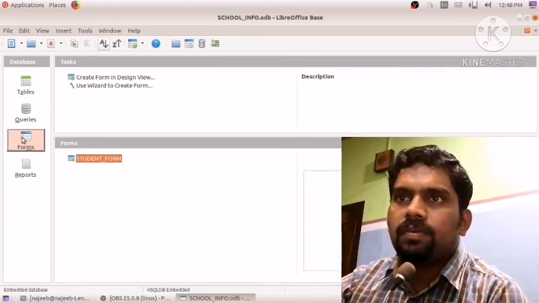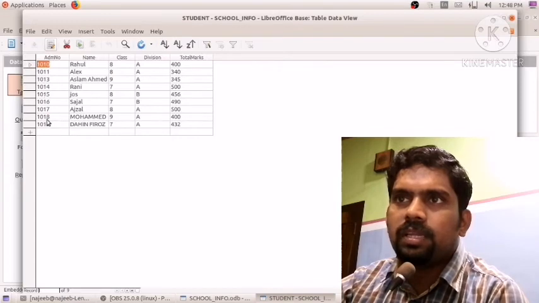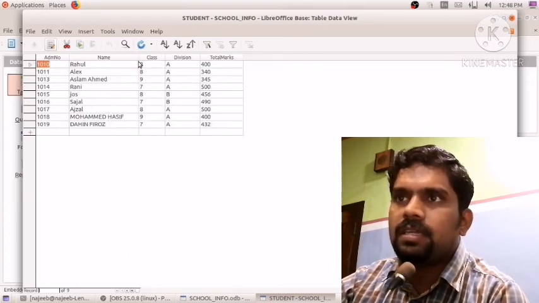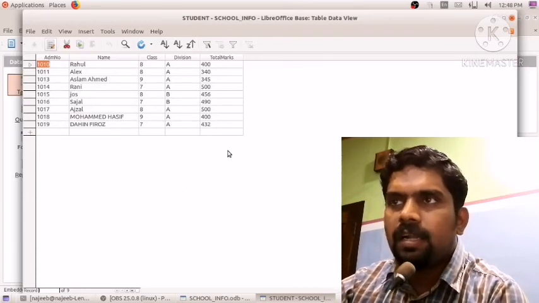This is the form. In the table also, this is the table student. Double clicking on that one, you can see the newly created records, 1018 and 1019, Muhammad Asif and Hinfiroz. They will be there in the database table.